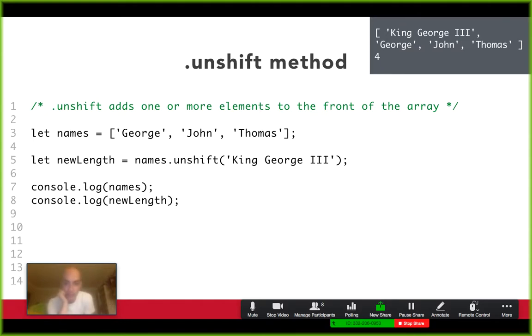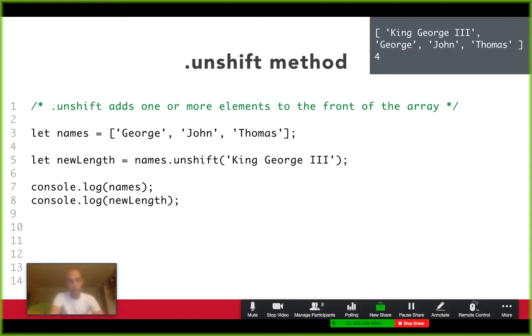Calling the different methods. Yep. Do we need to define a new variable, the way that in the unshift one it's newLength equals names.unshift, or could line 5 just be names.unshift? Yeah, so if you don't care about the return value, you can definitely just do names.unshift. If you want to capture the value that the function is returning, then you need to capture that in a